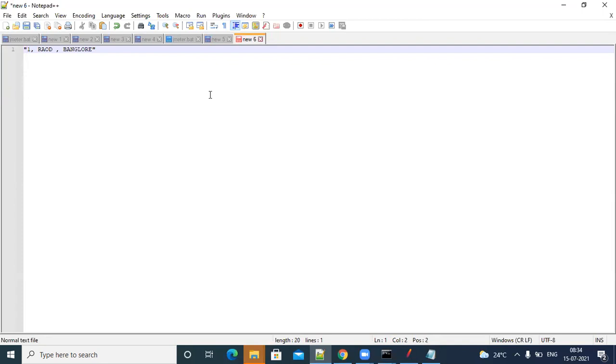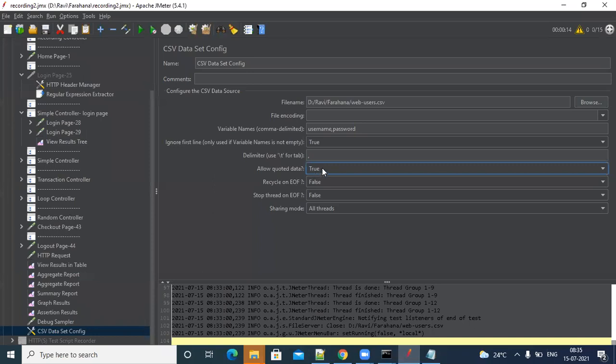That's it. So this has one field now. But whenever you don't define double quotes, it will take these as 3 fields. So when you keep these double quotes and want to make this a single entry, you have to select allow quoted data true. Okay, so this is how we will be using the CSV file.